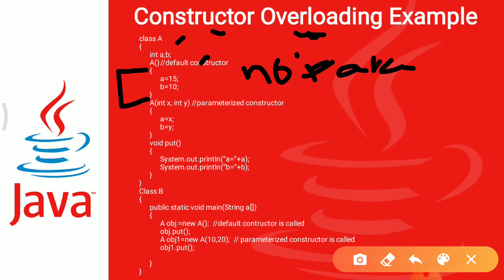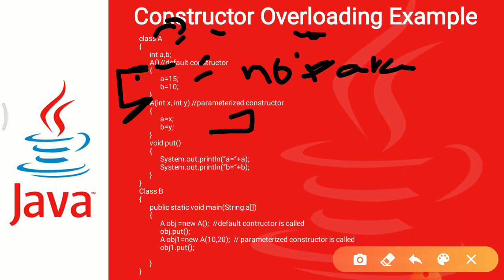In this second, there is a second constructor. How have you identified this is the constructor? Why am I not identifying this as a function? Because it has the same name, that is A, and the class name is also A. So we are sure that this is the constructor. This doesn't have a return type, like void or integer or anything. So we have taken a constructor.